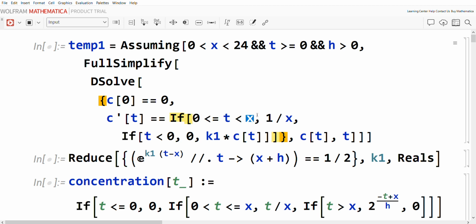X is the time to peak concentration. And I'm saying that the initial concentration peak is 1, a unitless 1, over x, so that means in x units of time, the concentration reaches 1,